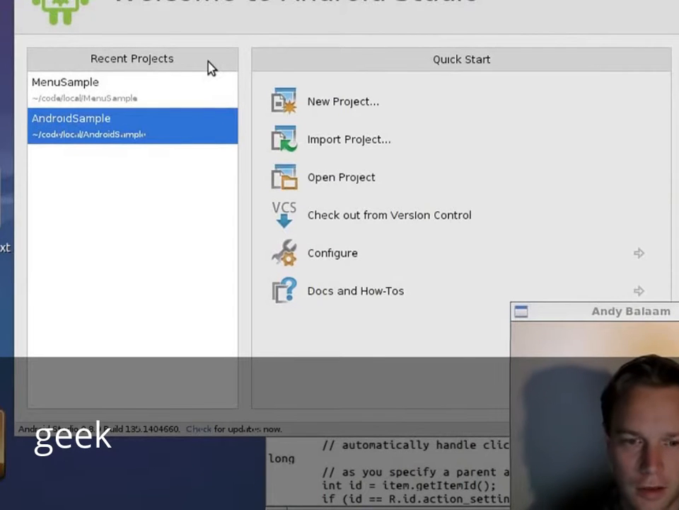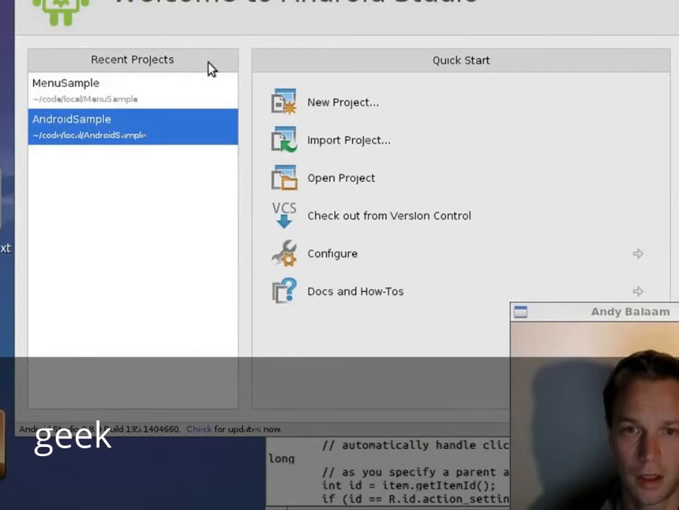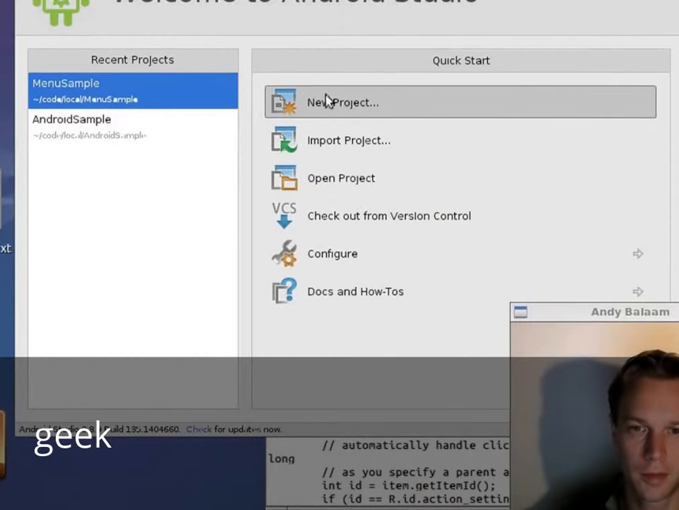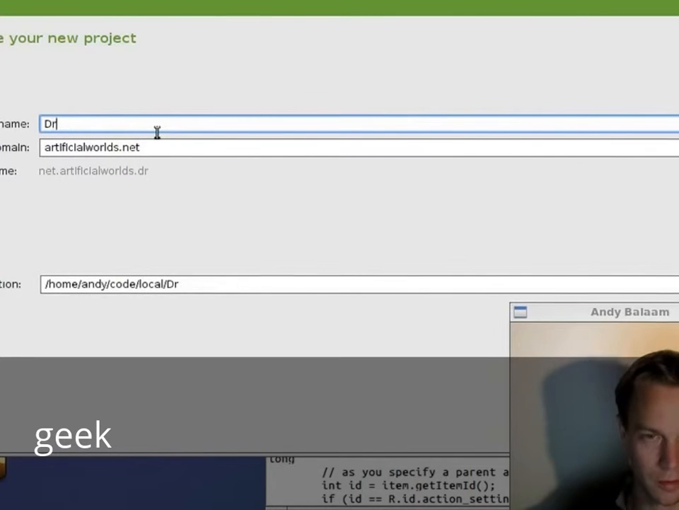And we are going to make an Android application that draws stuff on the screen, animates stuff like in a game, draws images, bitmaps, stuff like that. So I'm going to call it a drawing